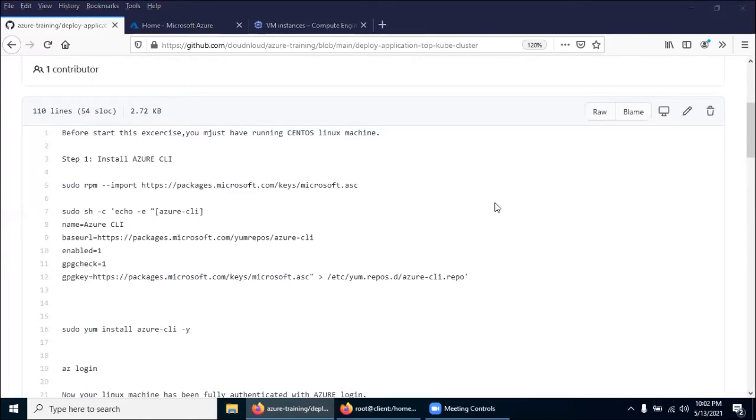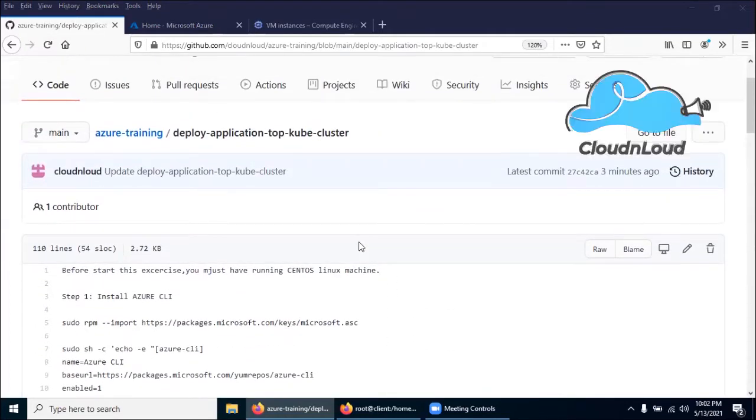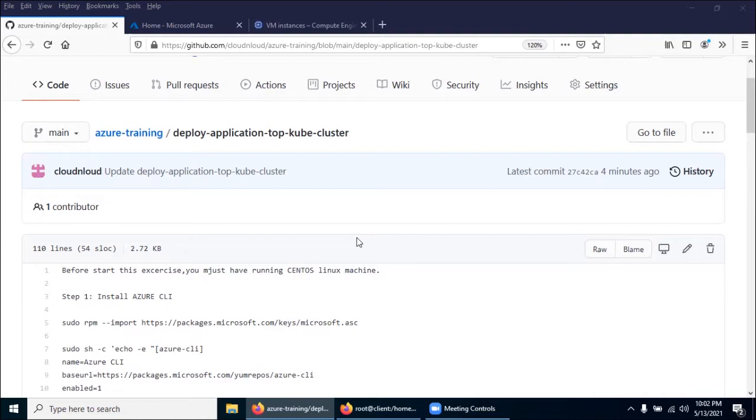Hi, welcome back. In this session, we are going to discuss the lab and hands-on on how to deploy a sample application in a Kubernetes cluster in Azure. If you have some knowledge of the manual way of Kubernetes cluster and deployment, and the manual way of Docker, Kubernetes and Azure Container Registry in Azure, then this lab will be easy to understand.